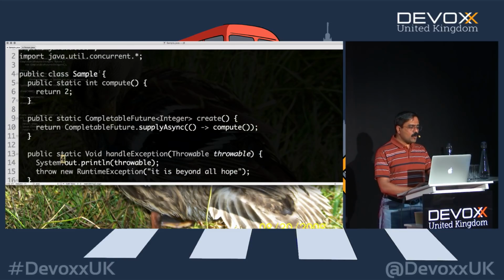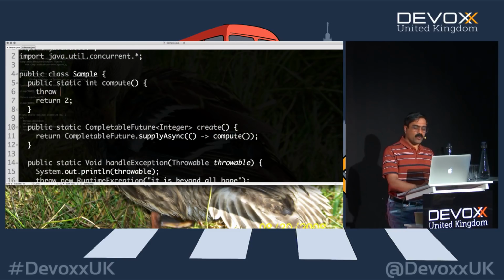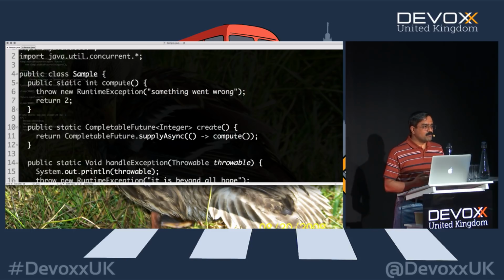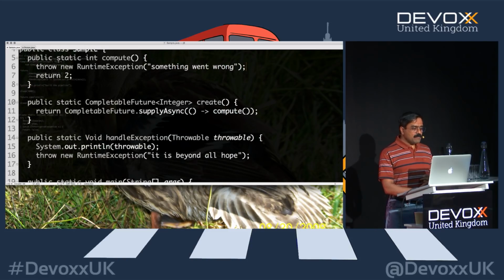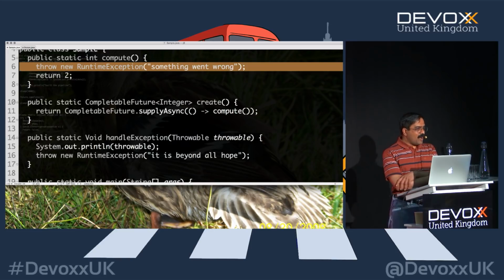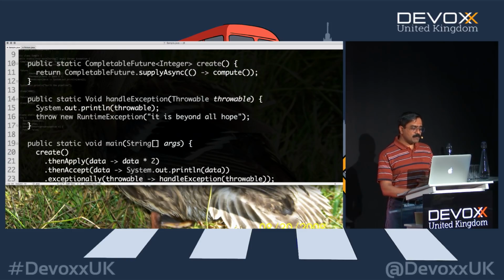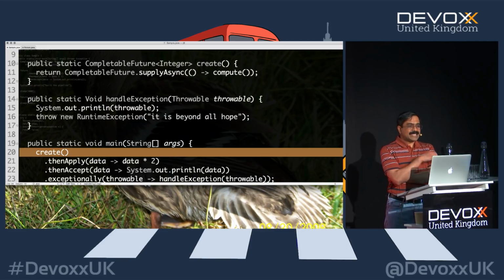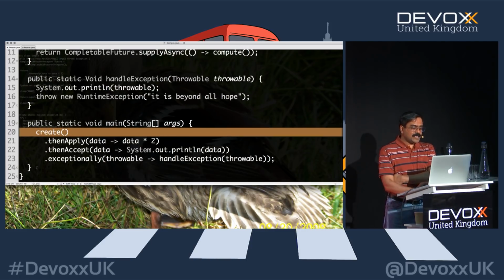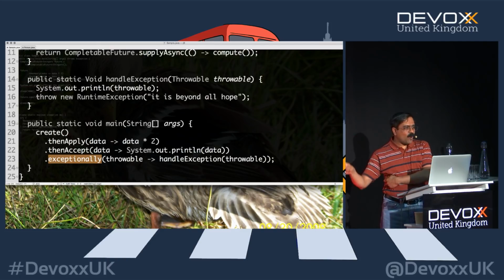However, if I go back over here and say throw new runtime exception, and we will say, just like we get on real projects, we get an exception called something went wrong, right? Very useful messages that we normally get. So it says something went wrong and blows up. Now what's going to happen? Well, remember, our completable future did not finish successfully. It didn't resolve, it rejected. And because it rejected, what is this completable future going to do? It is going to seek the nearest exceptionally and bypass all the then apply.